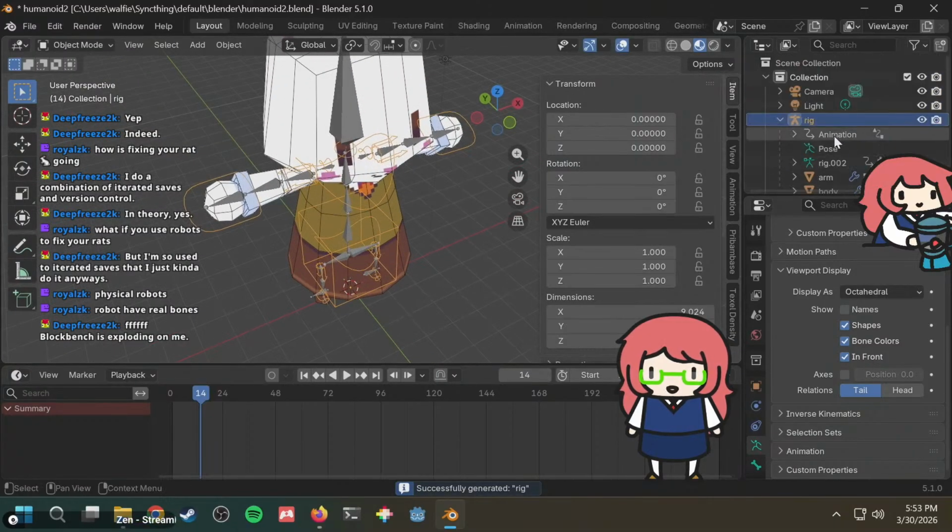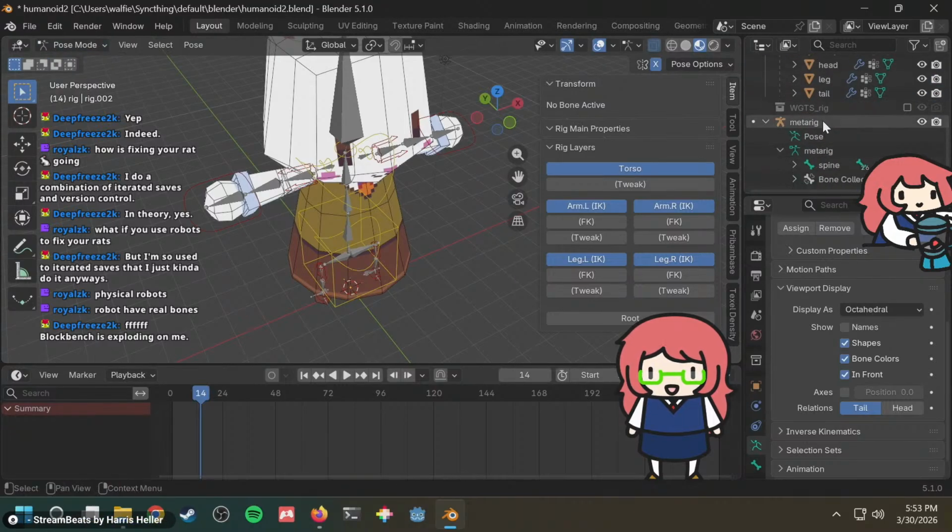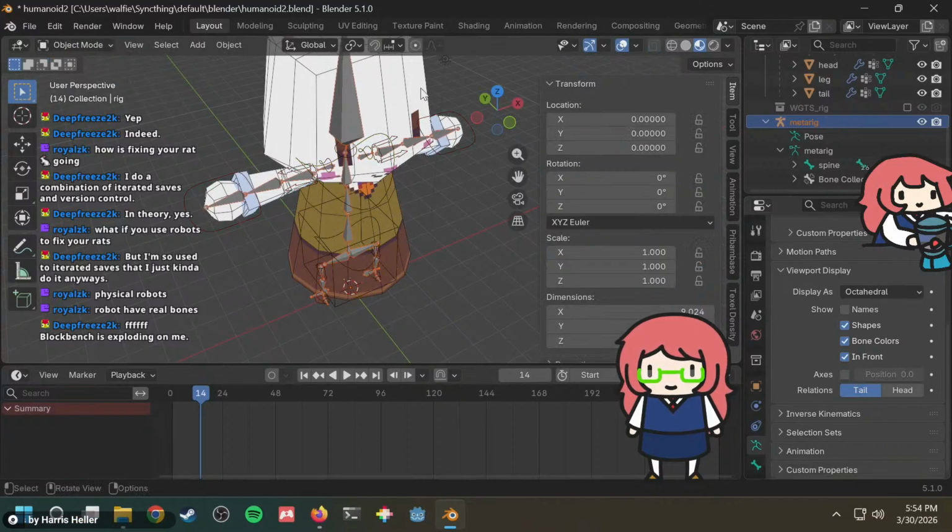Let's see what this looks like. So you go here, go to pose mode, and then you want to hide this bone right here. You'd like to not show that bone. This one.